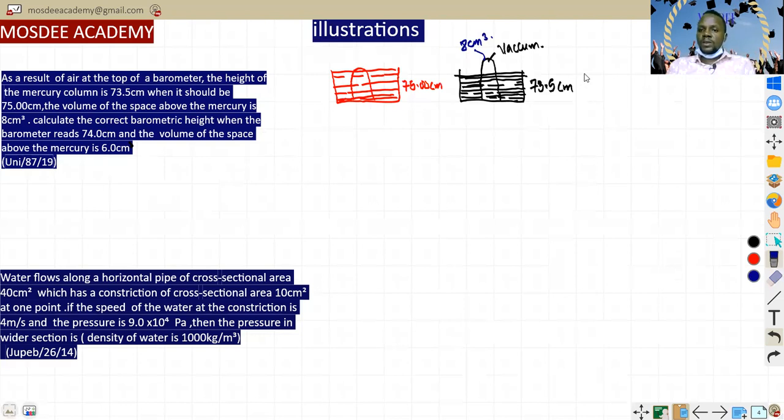So now there is another one, which is reading at an unknown height. At an unknown height, the barometer is reading 74.0 centimeter. So now let's just draw. It is having a volume of 6.0